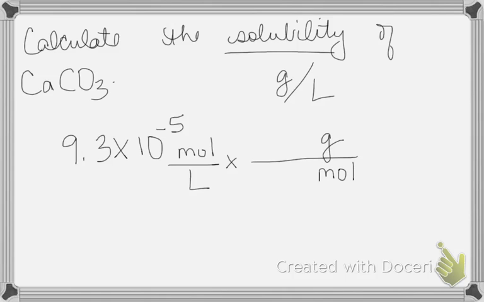And I know how to do that: I use the molar mass. So y'all figure out the molar mass of calcium carbonate. You knew it. The molar mass of calcium carbonate is 100.09. And so calculate, essentially